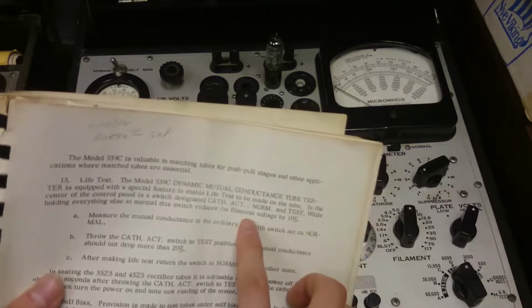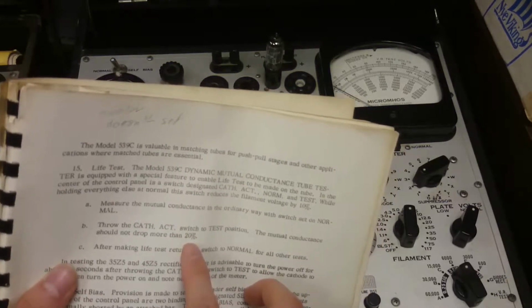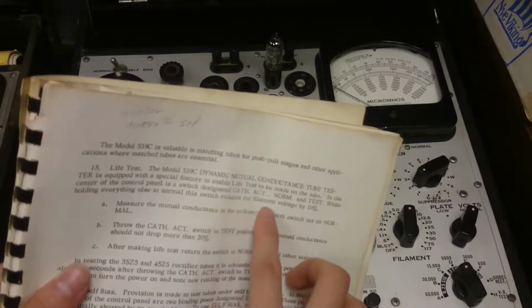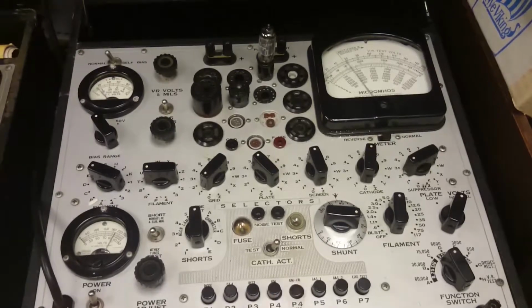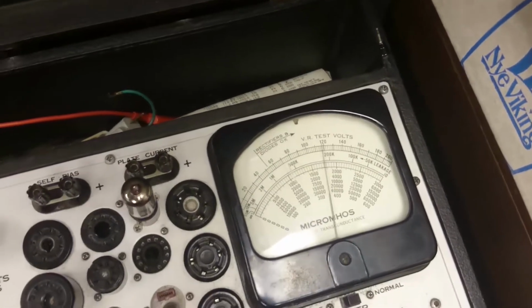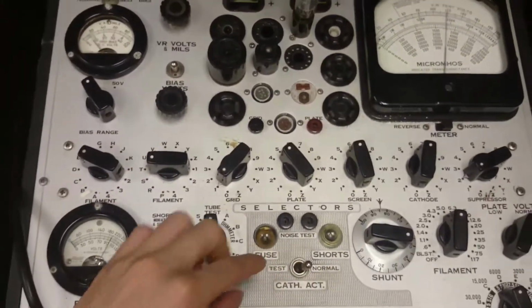So if the mutual conductance drops more than 20%, we know it's not very good and it won't last very long. And it does this by reducing the filament voltage by 10%. So what we're supposed to do is do the regular GM measurement. So I'll come over here. I'll move this a little bit back. I'll hit P4. Okay. The value now is 3,500-ish. Right. And what I'm going to do is I'm going to flip the switch here to the test position,